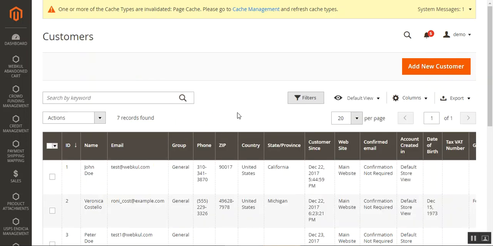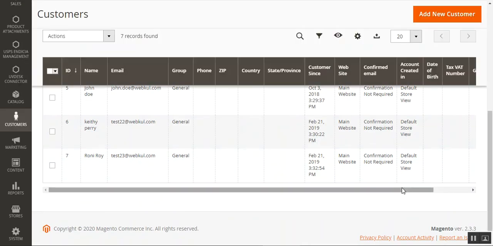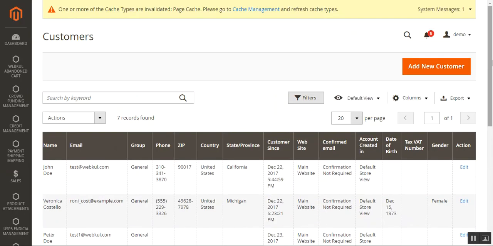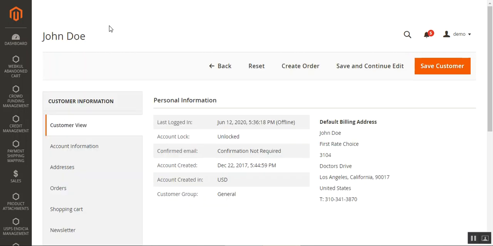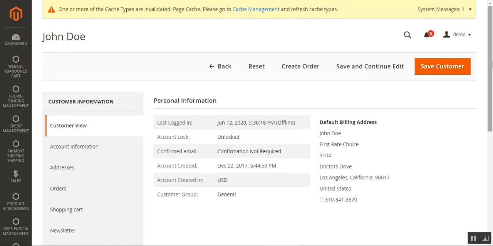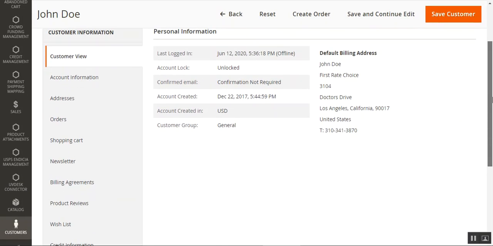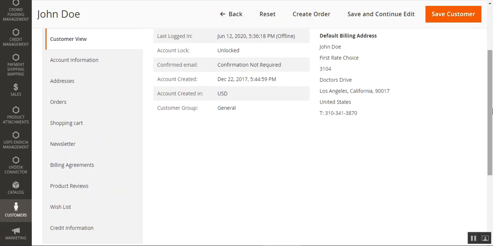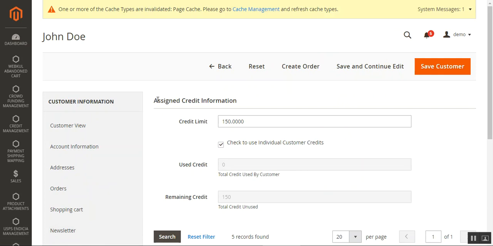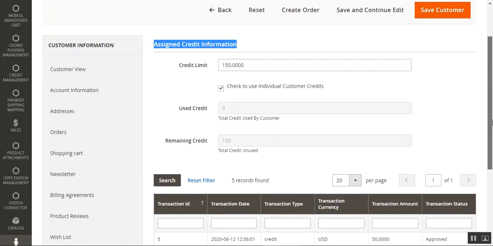So here I'm at the customers page right now, and I'll just scroll right a bit. So right, and under the actions column now I can tap the edit button. So from this section basically the admin can assign the credit limit as well. So here are John Doe's customer details, customer information on the left hand side panel, and here we have the credit information option. Let me tap that up, and here the admin can check the assigned credit information to the particular customer, and